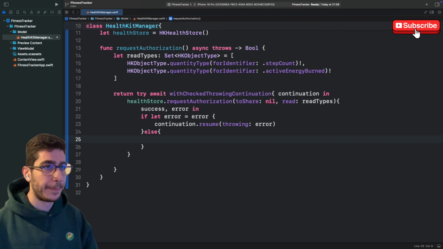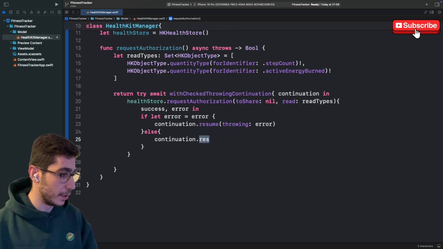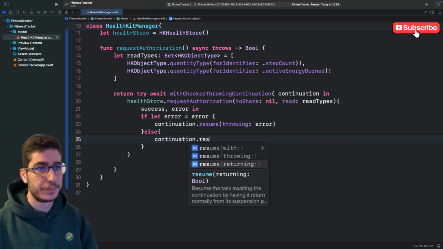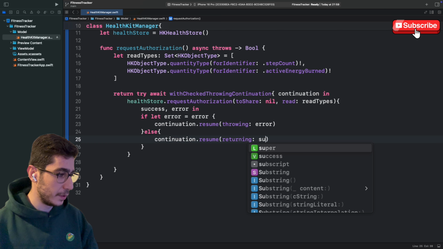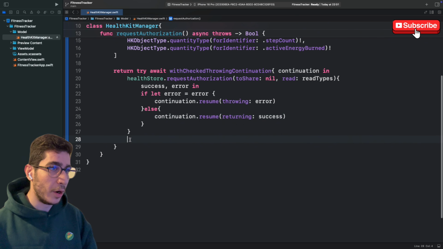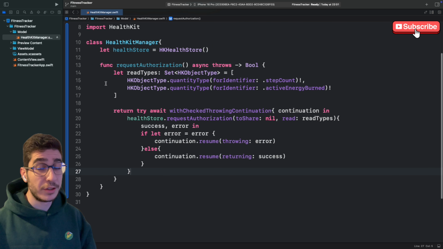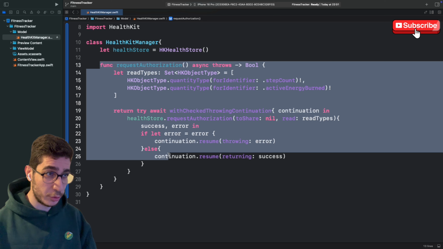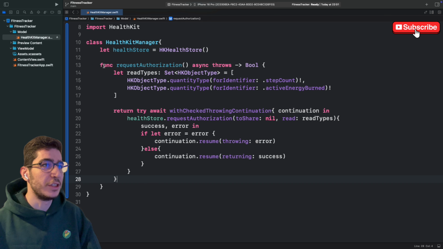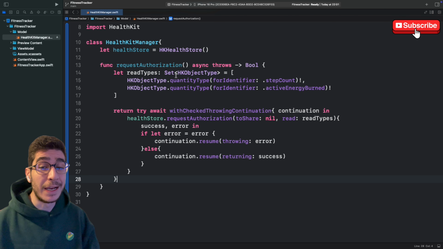Else we have continuation.resume returning success, whatever success is. So here it goes. This is our first concurrent Swift 6 function that we're going to use to ask for HealthKit data authorization